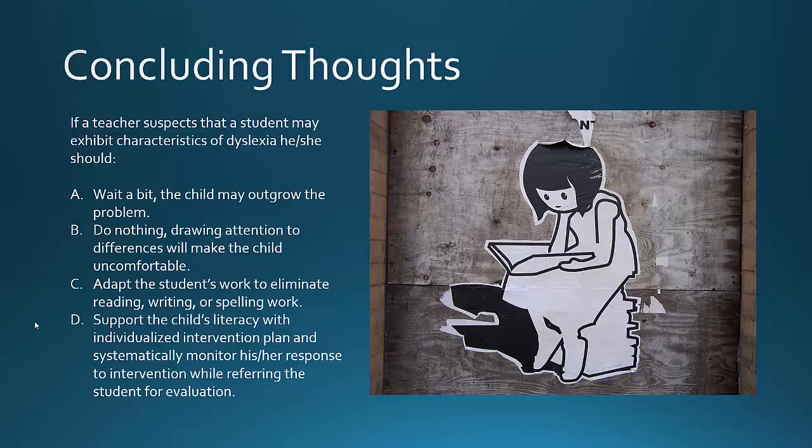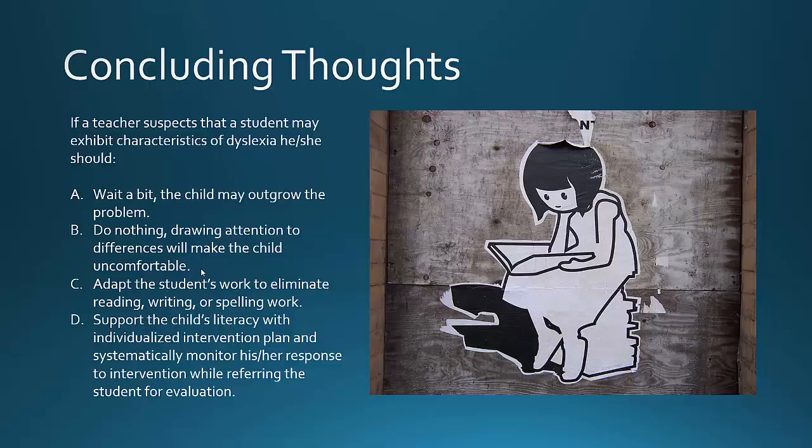Well, let's talk through this a bit. Choice A. Wait a bit, the child may outgrow the problem. If a child is dyslexic, they're going to continue to struggle in the classroom. So waiting only prolongs the difficulty. B. Do nothing. Drawing attention to differences will make the child uncomfortable. Well, there are probably positive ways that you can help this student. Doing nothing will